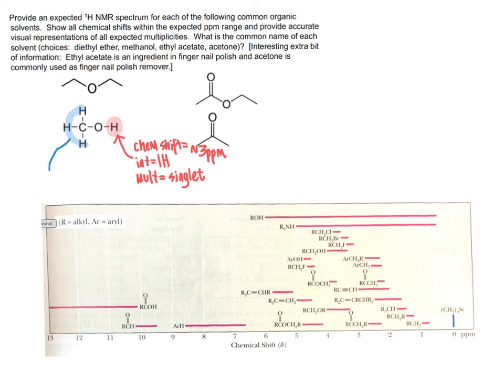Methyl group, looking at the integral, going to be 3. Multiplicity is going to be a singlet because, again, we don't have any vicinal hydrogens. Vicinal means that it's attached to an adjacent carbon. There are no adjacent carbons. There's an oxygen instead, so that's going to cause this to be a singlet. And then the chemical shift